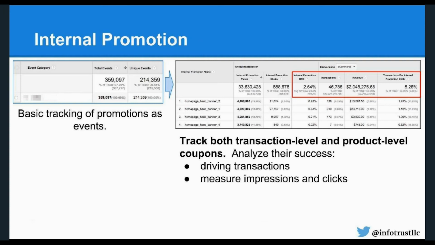So if you're running a promotion, you can start to see, well, what was the click-through rate on that promotion? Were customers actually engaging with those recommended products or those recommended promotions we were surfacing for them? How many transactions were accounted from them? How many transactions were responsible from the individual clicks so that we can drive it all together? And we also have impression information in there as well, so you know how often you're surfacing these recommendations and these promotions to your customers. And that makes it easier. It's the classic McDonald's, would you like fries with that upsell? We can now quantify directly through this e-commerce feature.